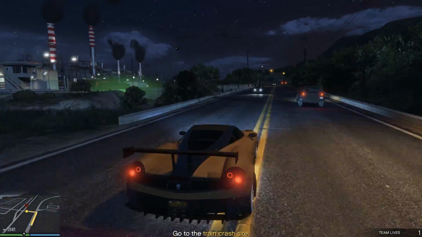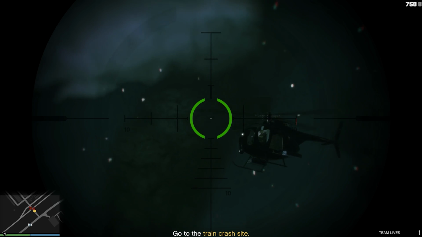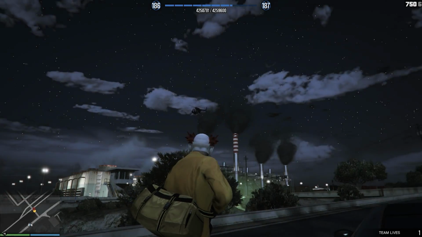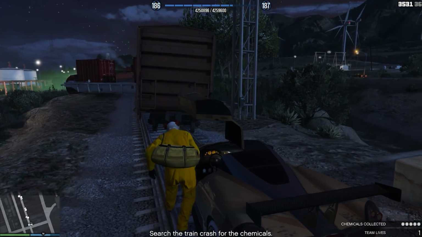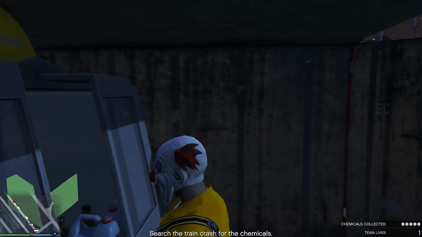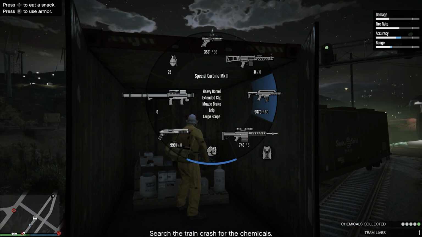Now the train crash site is roughly half a mile away. If you do see military helicopters, it's worth taking them out from afar. Now once you arrive, start searching from the beginning and work your way up. You will find chemicals in the second crate, but the first crate will not be worth your time, it will